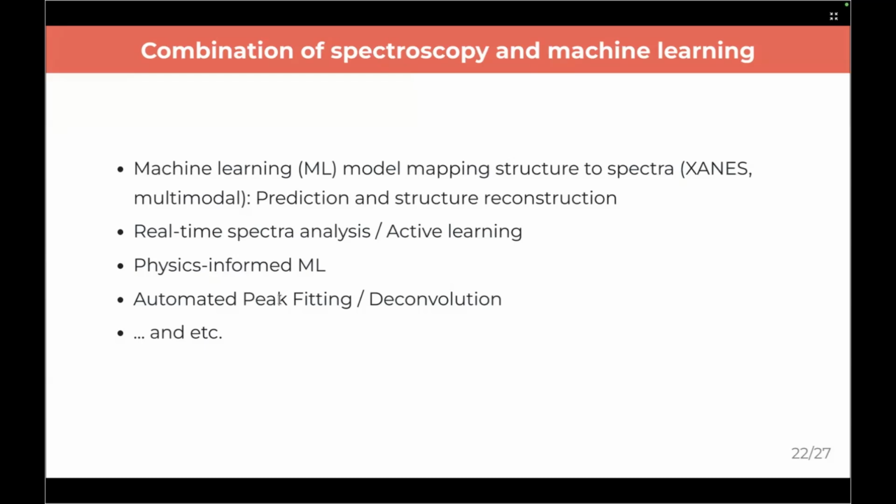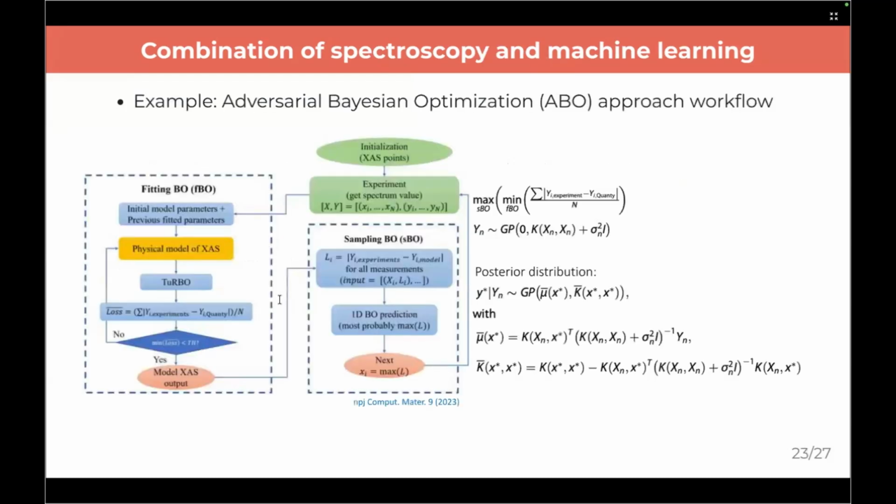So that is some of the applications you can find from the current literature. I just give an example conducted by a colleague of mine and me. This example is the so-called adversarial Bayesian optimization. The main purpose of this study is to increase the sampling efficiency, because in a conventional XAS measurement, you need